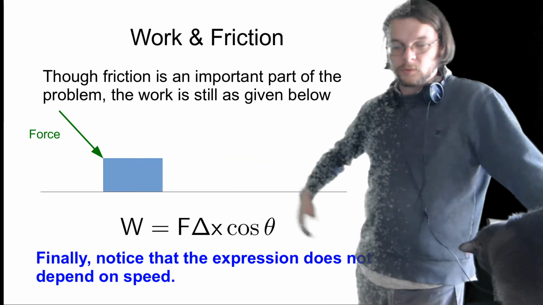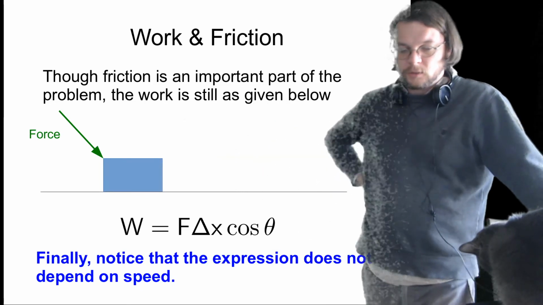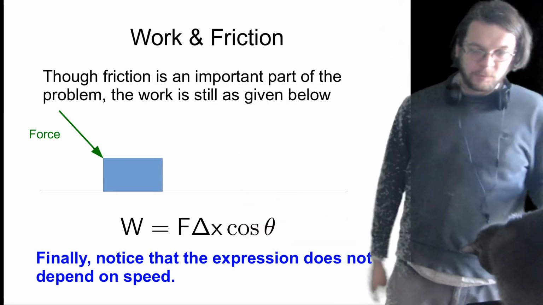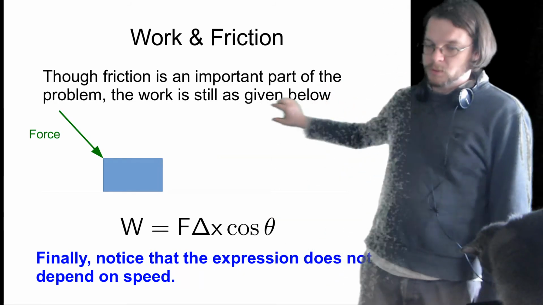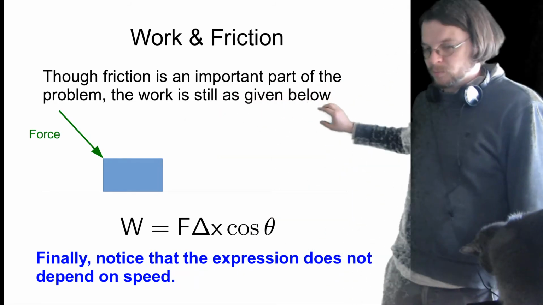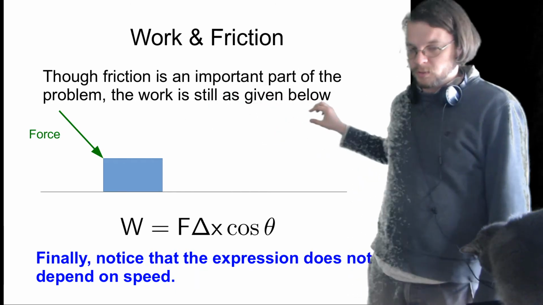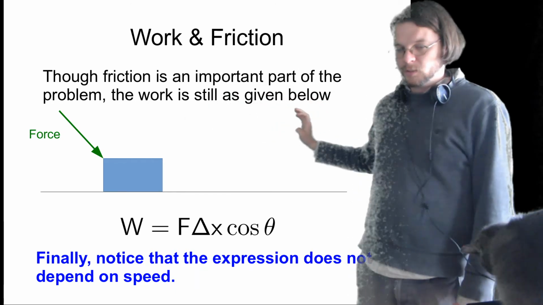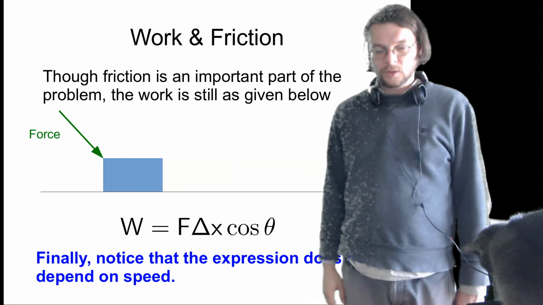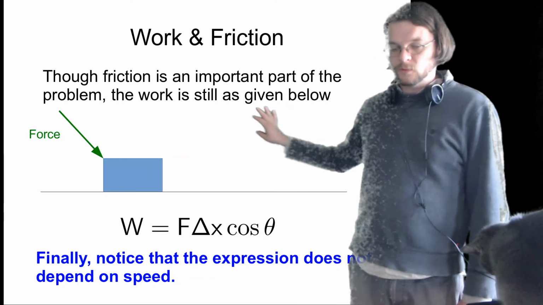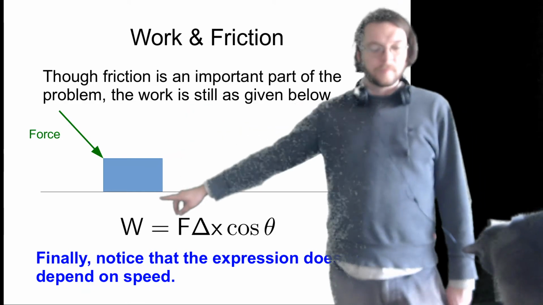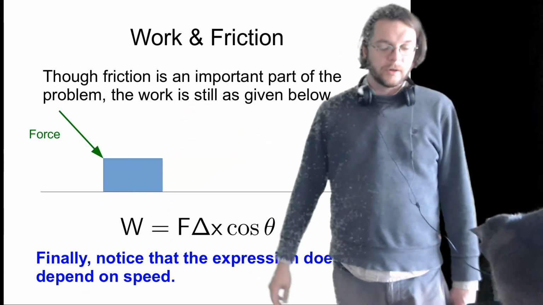Usually when I'm in the classroom, I have an eraser on a whiteboard and I push the eraser across at an angle. So the last thing to notice is that this does not actually depend on speed. If I have my little eraser on my whiteboard, I can push it across fast, I can push it across slow. The force that the eraser is pushing back on me is not changing, right? If I make it go faster, then I'm not necessarily using up any more energy,